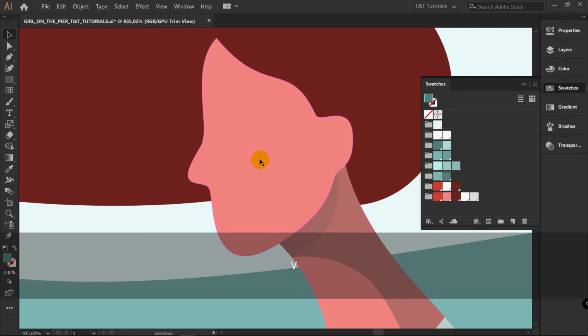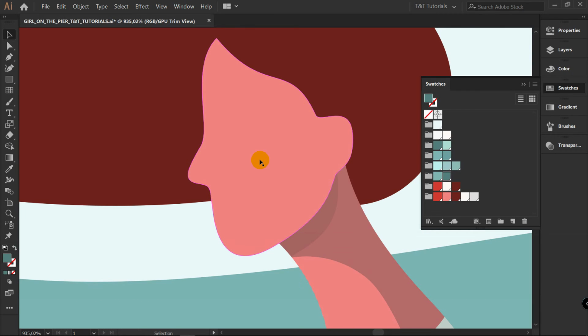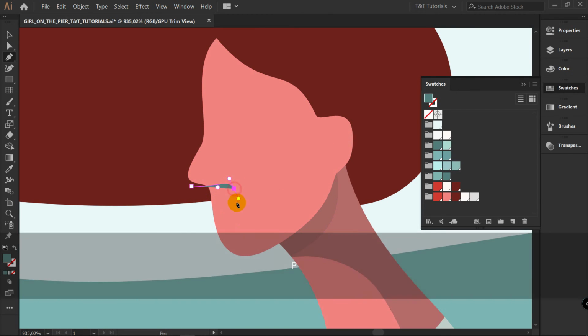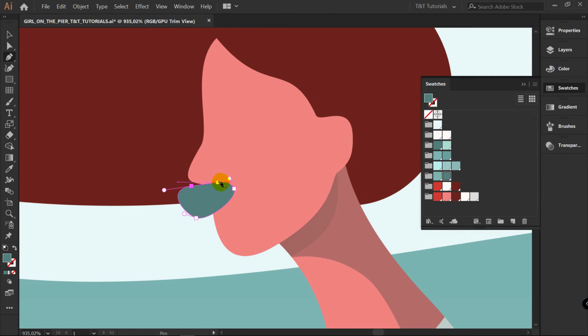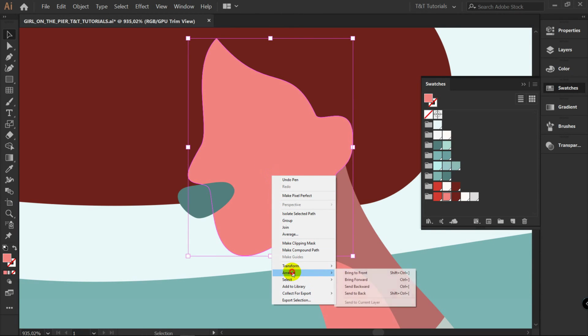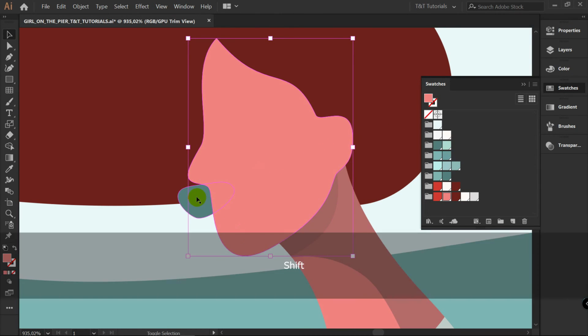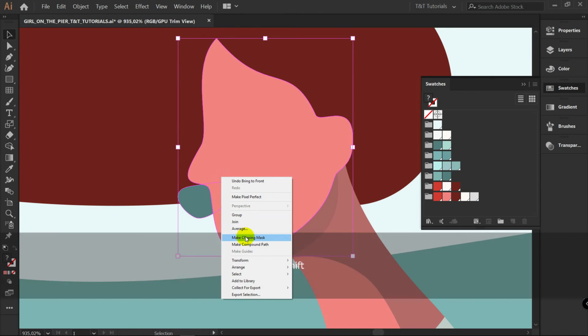Now what I also wanted to show you is how easy it is to play with shadow, try it out, and apply it to your illustration. For example, you don't know, do you want shadow here in this part or not? So you can just try it in a few seconds. Just pick any color, draw shape like this, then select this layer for example, right click, arrange, bring to front, select them both, make